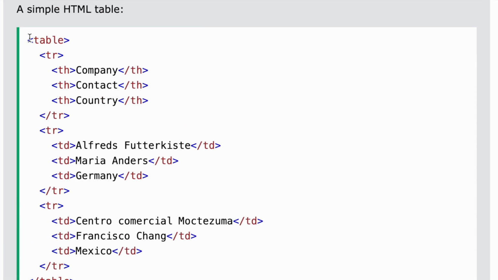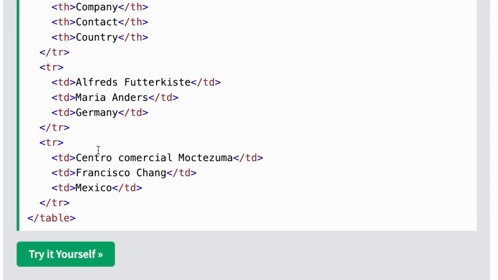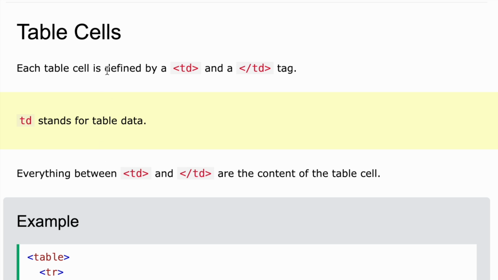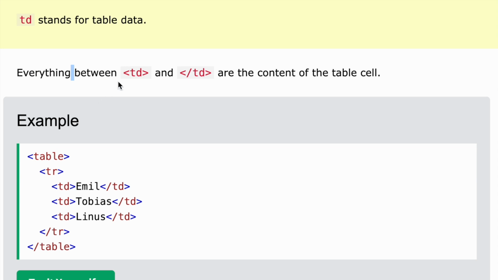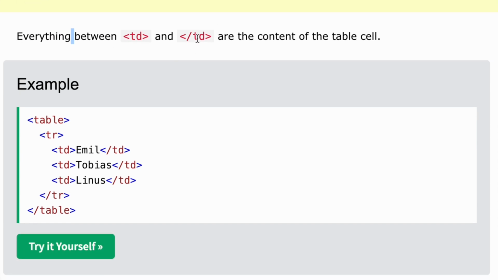First you need to write the table tag and you need to end it. What is tr, th? We will discuss all that. Now let us talk about table cells. Each table cell is defined by a td start tag and a td end tag. td stands for table data. Everything between the start tag of the td and the end tag of the td is the content of the table